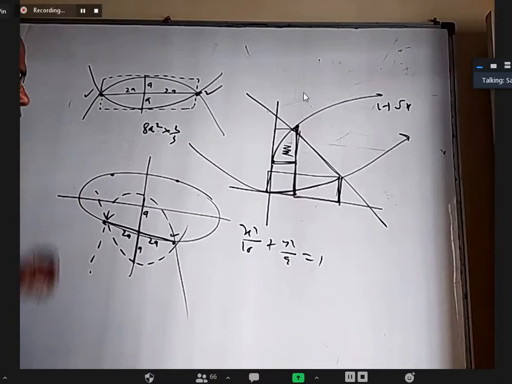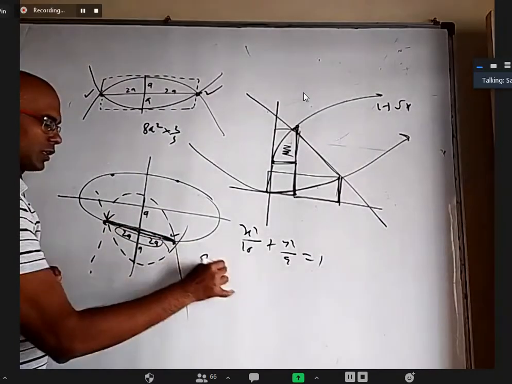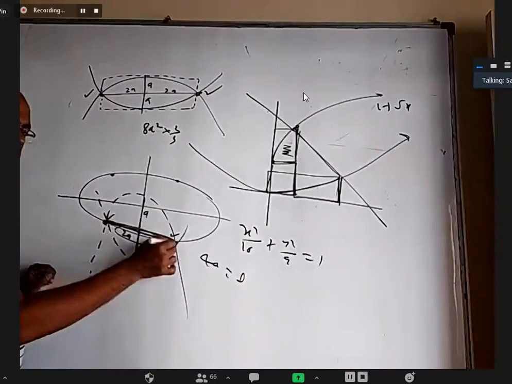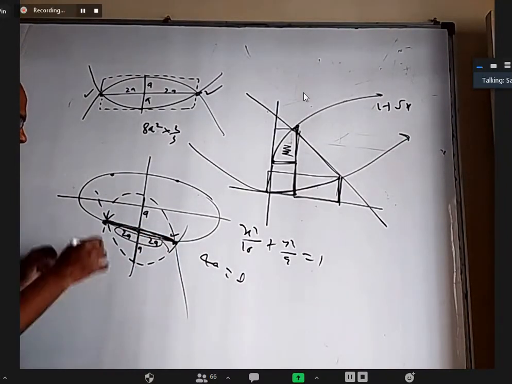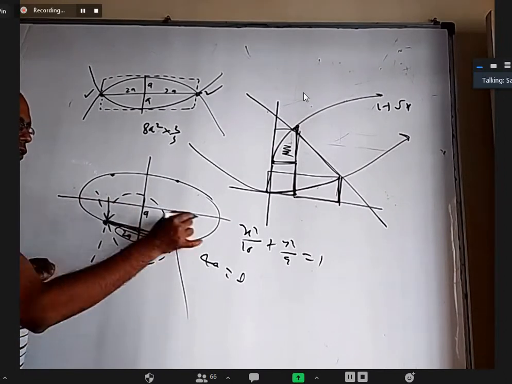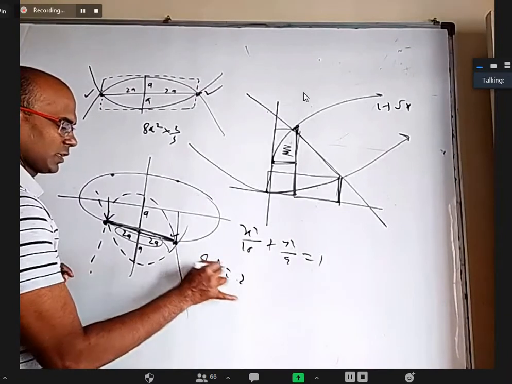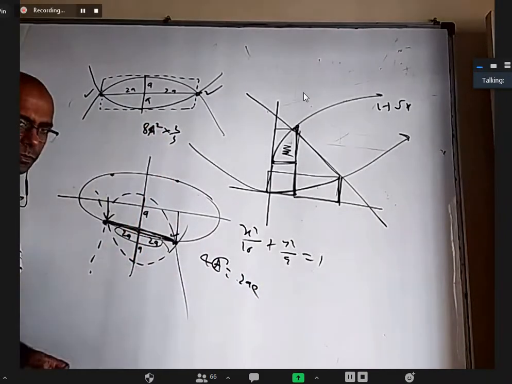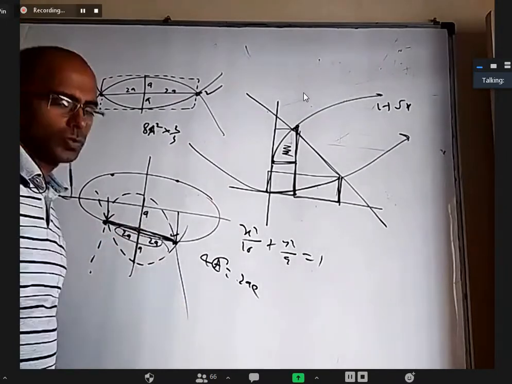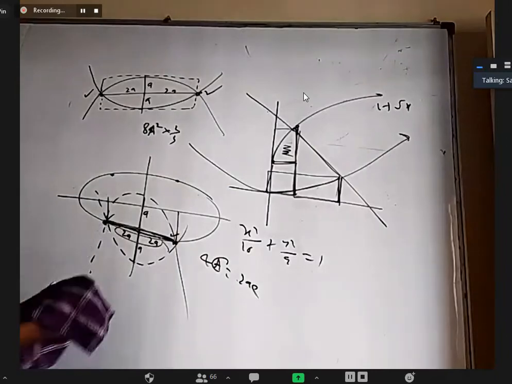But for that, you have to know a. How? Take this length and equate it to 4a. 4a equal to this length, which you know by the ends of latus rectum. In fact, it is 2ae. Why all that? That is also not required, right? Because this is a foci, no? Below the foci. 4a is same as the so-called 2ae. So I'll call this a capital A, 2a. From this, you find this capital A and put it there. Okay. So I can show you some questions where I use it, but I'm sure you'll be able to use it on your own.